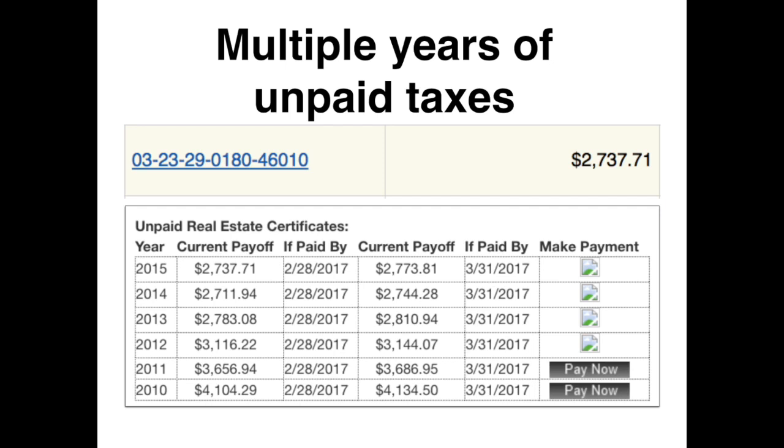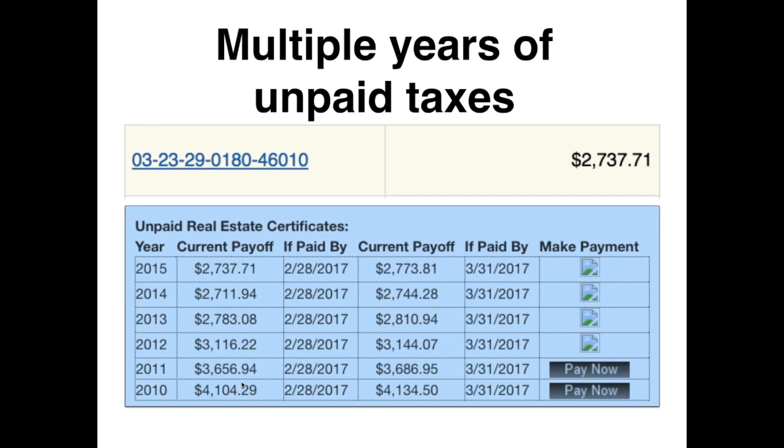If you check the history of property tax payments, you often come up with past years that are still delinquent and owed. So in this case, I cut out a couple of pieces. This first part on the top is just a portion of the list that I copied that showed that this is for a lien that is for $2,700. But when you go to look at the history on the property and some of the information related to the payment of property taxes, we can see here that it hadn't had property taxes paid in 2010, 11, 12, 13,